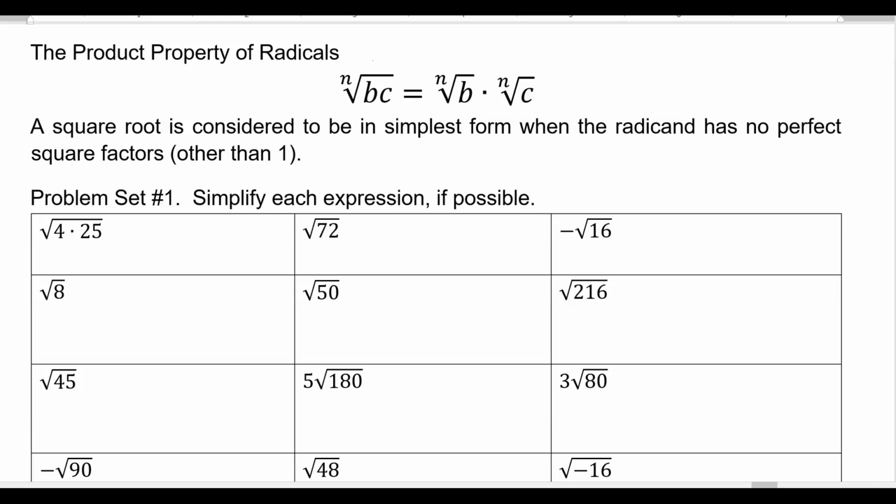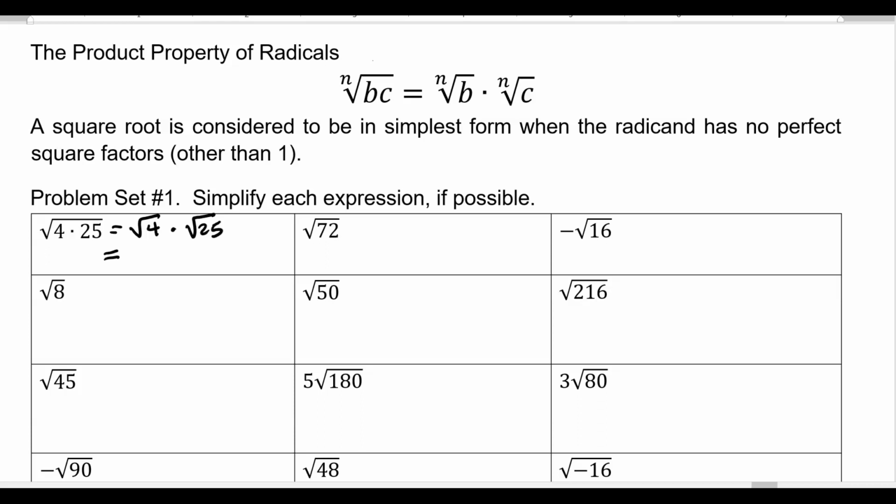Now, let me read this first. A square root is considered to be in its simplest form when the radicand, what is the radicand? It's what's under the radical, has no perfect square factors other than 1. So let's get started with the square root of 4 times 25. There are 2 ways you can get this done. One way is to split this up using the product property of radicals, as the square root of 4 times the square root of 25, and simplify each one of these radicals